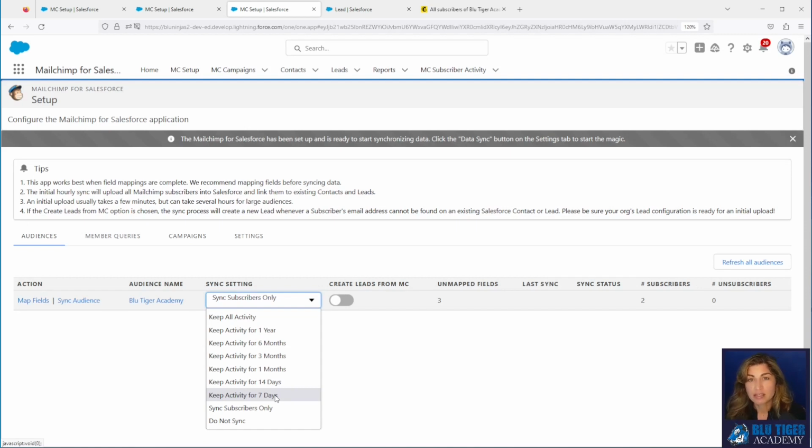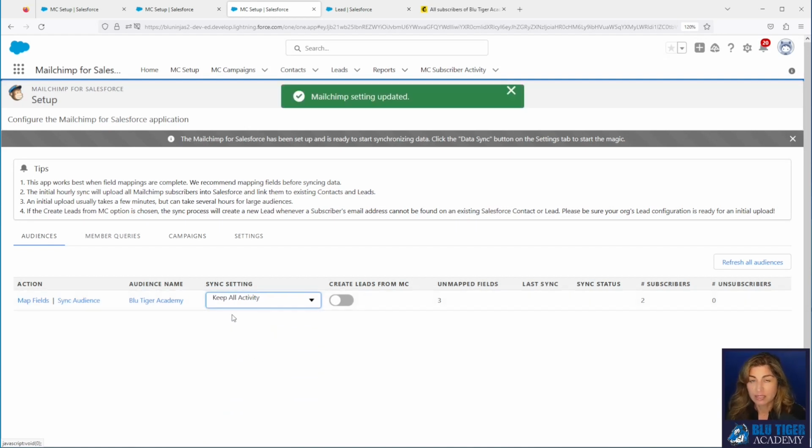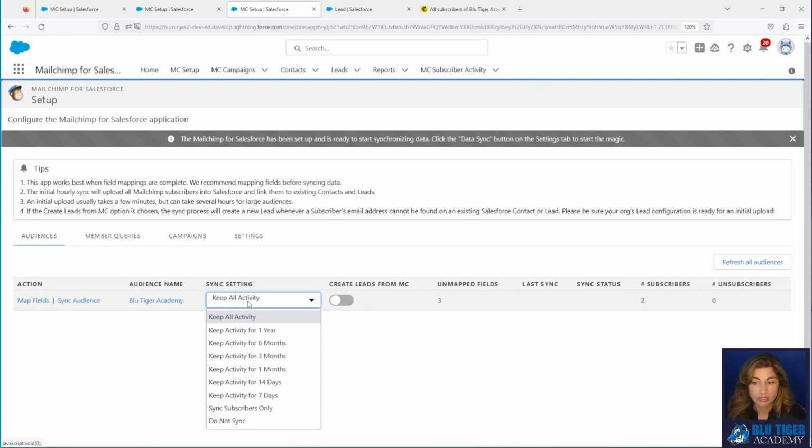So if you want to see all those opens and clicks and all the campaign activity engagement within Salesforce, you'll want to keep activity for a certain amount of time or keep all activity. Depending on how much storage you have, you may be able to keep all the activity, but you can keep an eye on this and see how long you can keep your activity for.